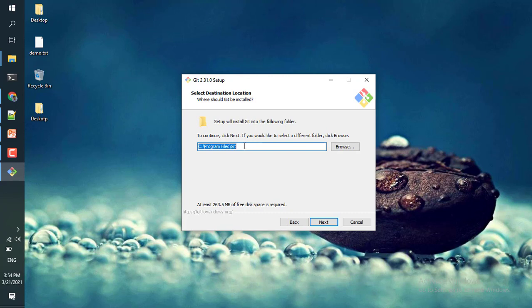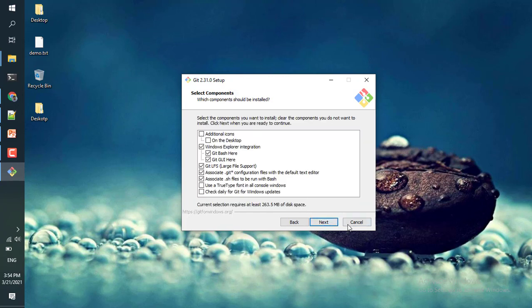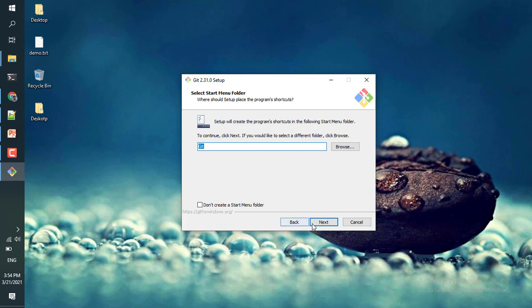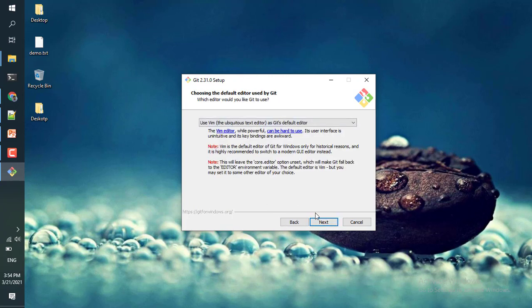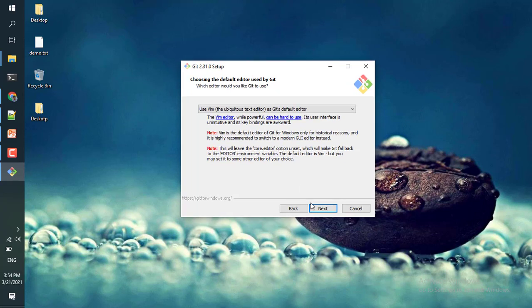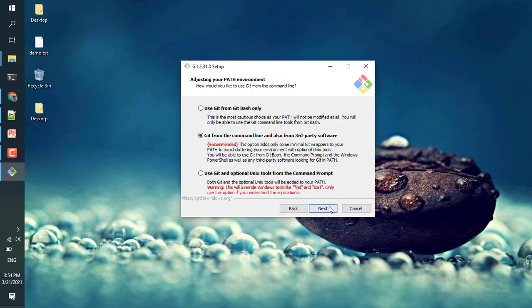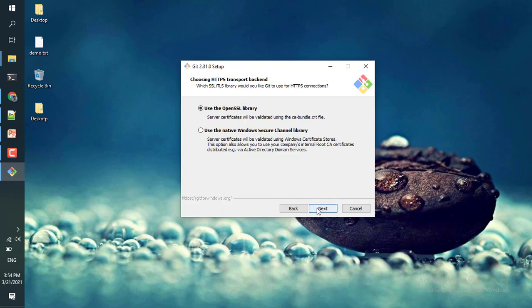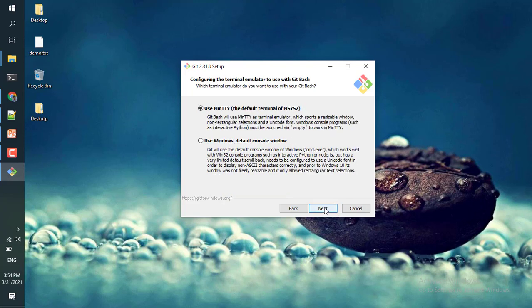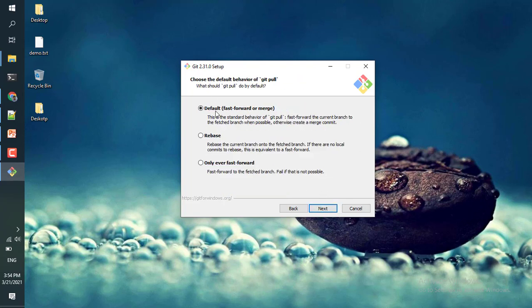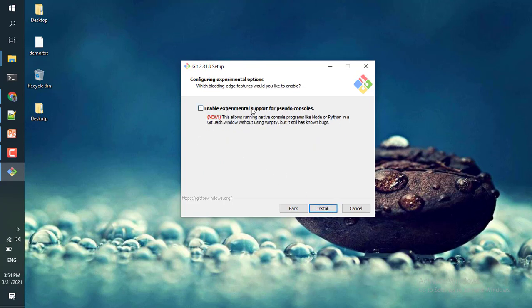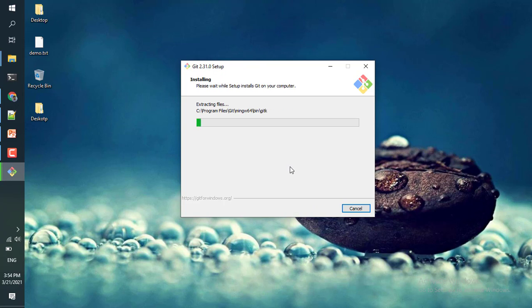That is the location where Git is installed in our system. Then go to next, choose the default settings with next, next, next, and so on, then install.